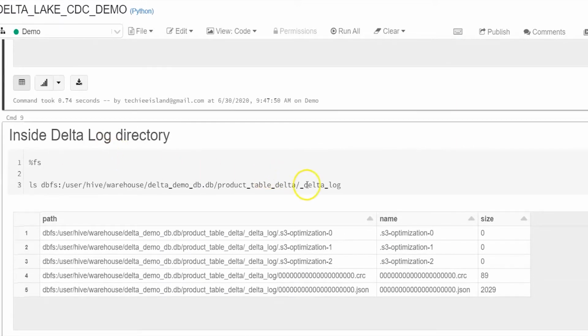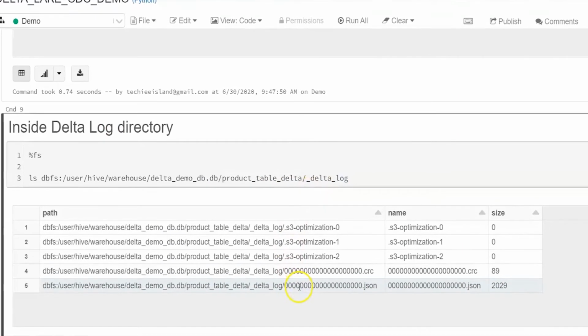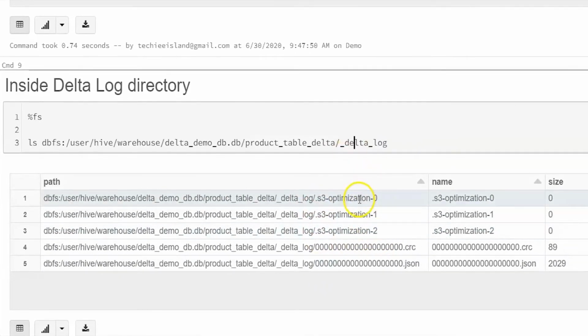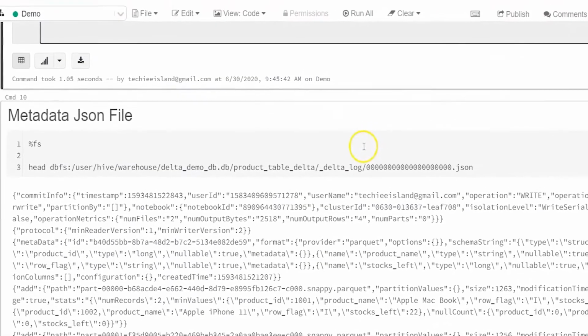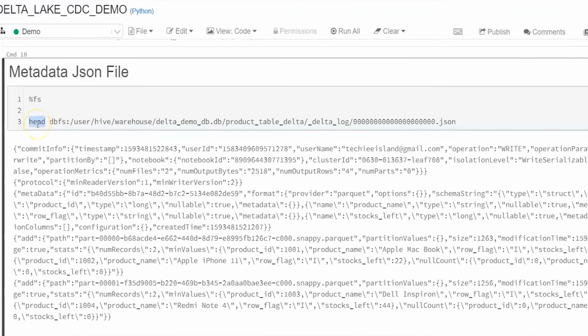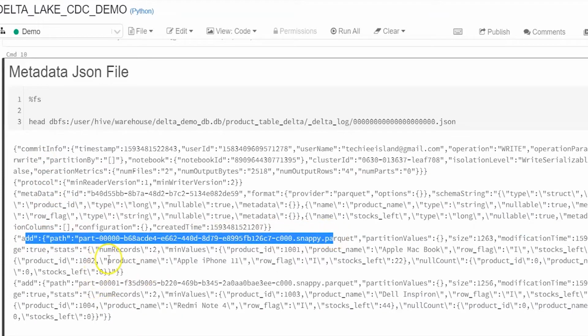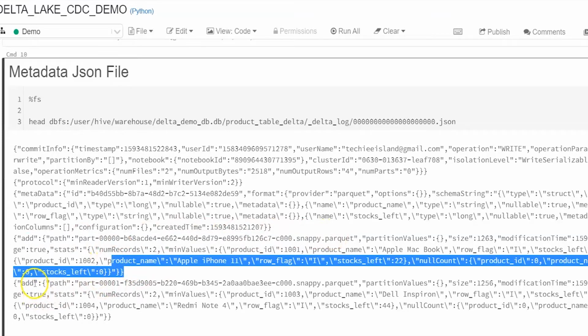So inside this delta log directory, you will see the JSON file along with some other checksum files. You just need to concentrate on these JSON files, which we call metadata files. I am opening that file to view the data. You have to use the head command to read the data, like we use cat in a normal Linux system. Here you will see the information which we saw in our slide, like commit info, protocol, metadata information, and add Parquet files, and captured stats. Also the schema will be captured in metadata.